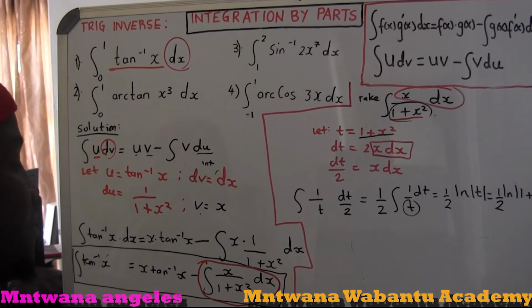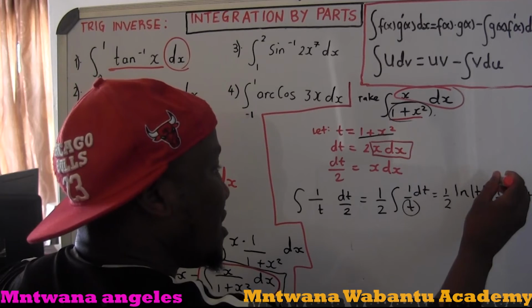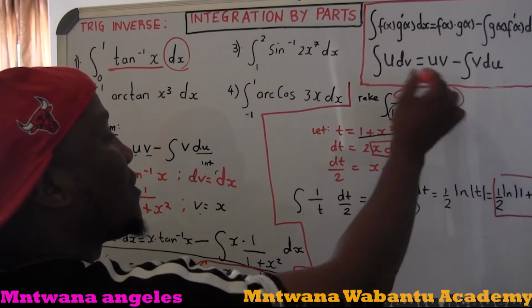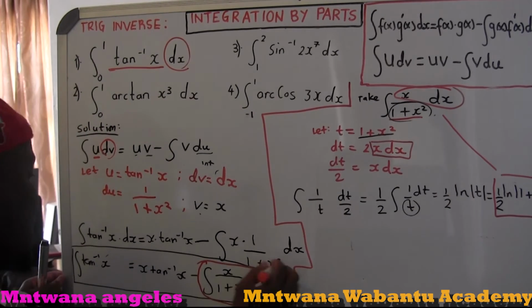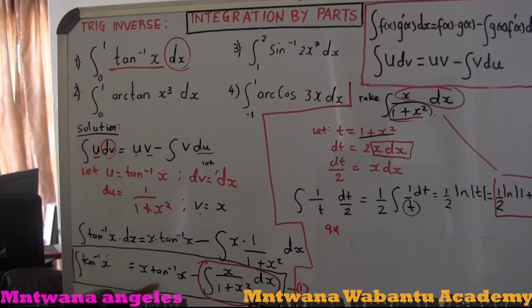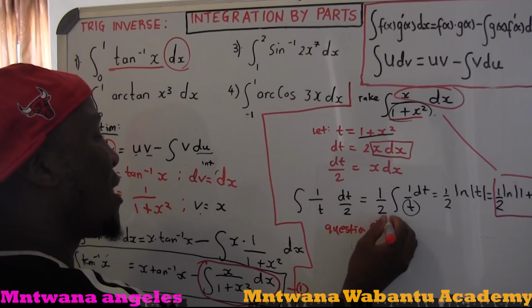So what I'm going to do, I want to replace this one here with this stuff here. Because if I differentiate all of these, finally it gives me a half ln. So now, let's call this question number 1. So question 1 becomes,